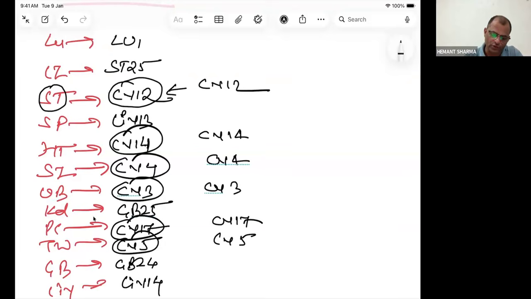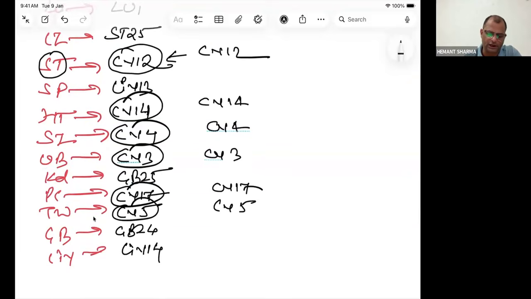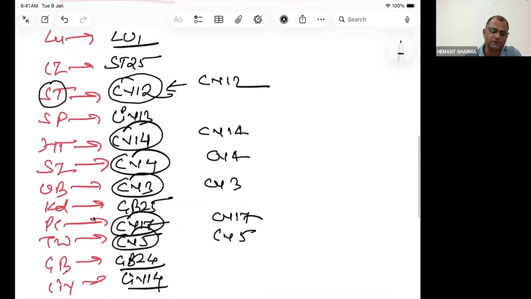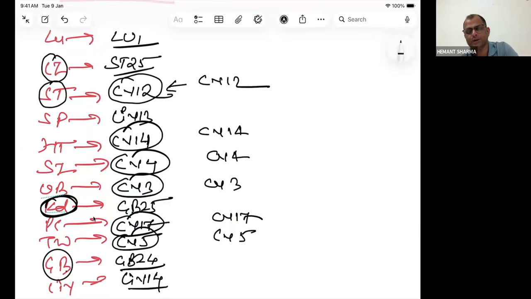Few alarm points are on the same meridian, like the liver alarm point is on the liver meridian, the gallbladder alarm point is on the gallbladder meridian, the lung alarm point is on the lung meridian. But now we can see the alarm point of the large intestine on the stomach meridian, and the alarm points of the gallbladder and the kidney on the gallbladder meridian. So an alarm point can be on any meridian. It is not necessary that the stomach's alarm point will be on the stomach meridian.